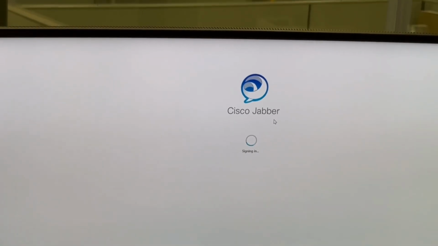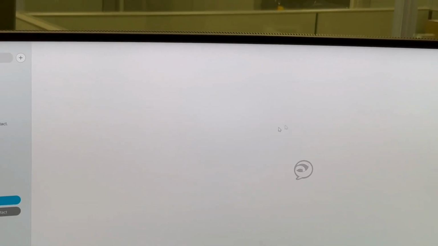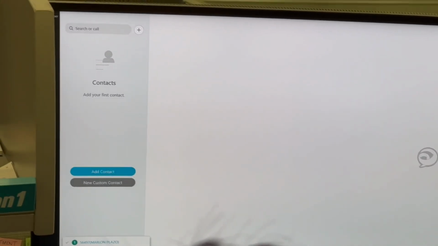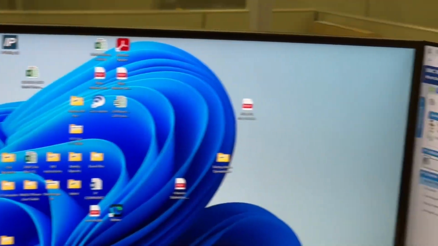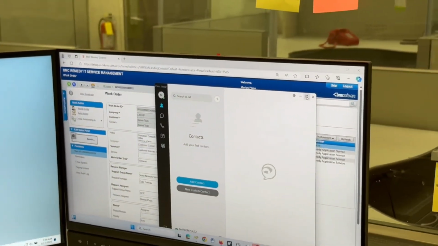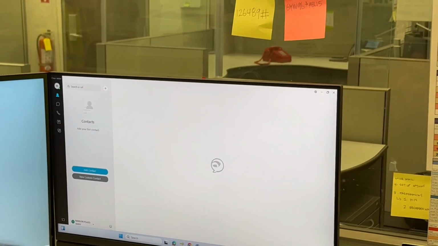So they would go to Jabber, right? They would log in. Let me see, you got my number. So I got two numbers, right? This is what they would do. So everything's Active Directory now. Okay. So it's going to be pretty much the username and password, and then they would go to